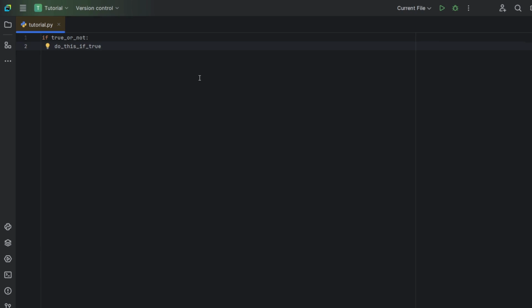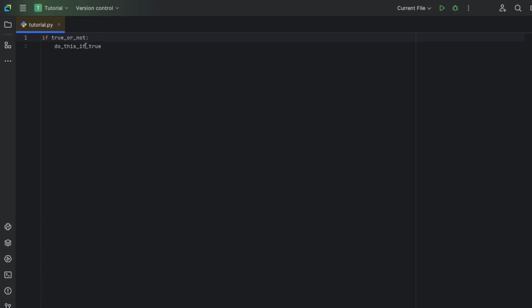So first, let's observe the statement. Remember, every single element in this whole statement has to be present if you want to do this in Python. If it isn't, it will cause an error. All of this is strictly necessary. First, we can observe the if keyword. Then we can observe a space, and then an expression, a question or an answer, whose value will be interpreted solely in terms of true and false. Let's take over here, true or not. So if it is true, it will do something. If it is not true, it will do something else.